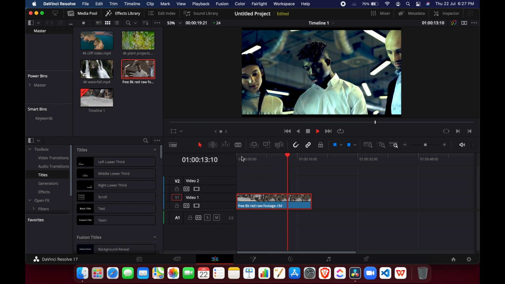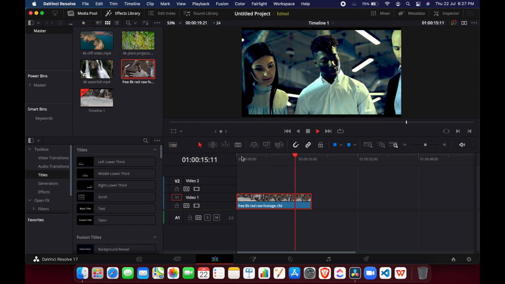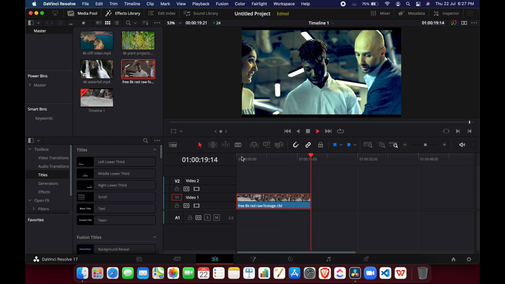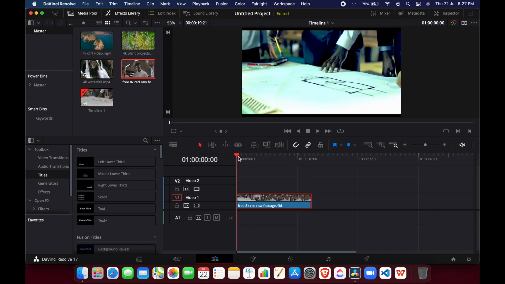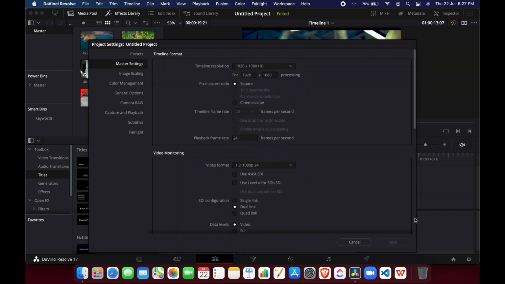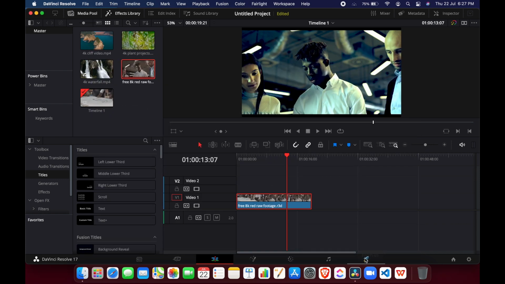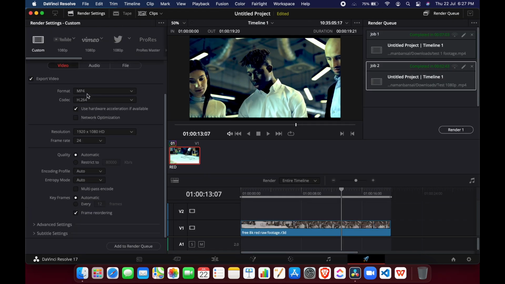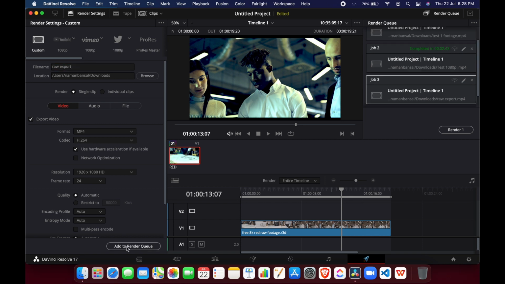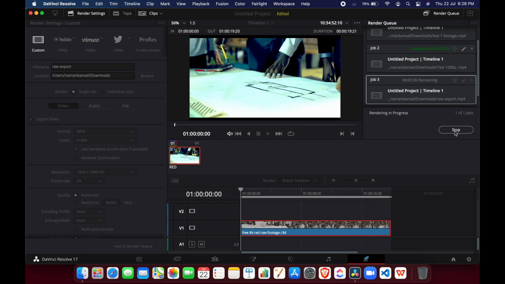And this hasn't even heated up. It's a bit warm, I can tell you, but yeah, it's not hot at all. And this is with the screen recorder running in the background. That is really good performance. So now let's render this video. Let's go to the deliver tab, MP4 H.264. We'll be rendering in 1080p HD, not 4K resolution. Now let's render this.